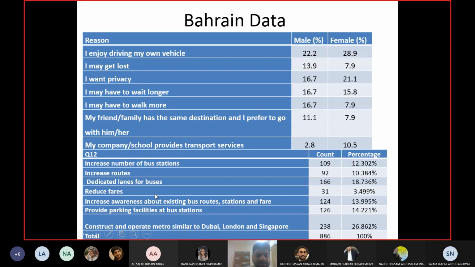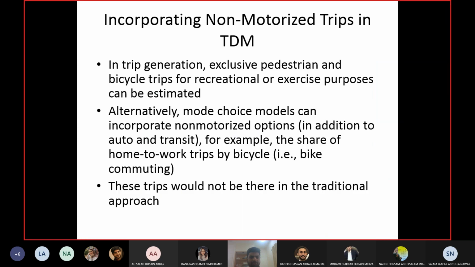I feel that these are not important: decrease the fare, increase the facilities, and so on. But you can see here, if you are walking, then you are afraid that you may get lost, it will waste your time, and so on. These are things which are considered by people who are considering other modes of transportation. If you ask anybody why they don't use public transport, they will say, I cannot wait at the bus stop even for 20 minutes in this heat. Even the bus stops get very heated up.